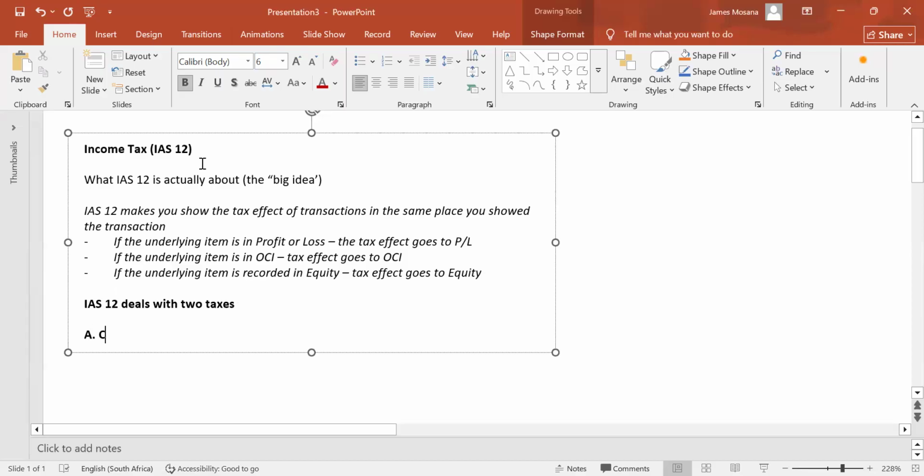The first one is current tax. Basically, we are talking about the tax payable or refundable